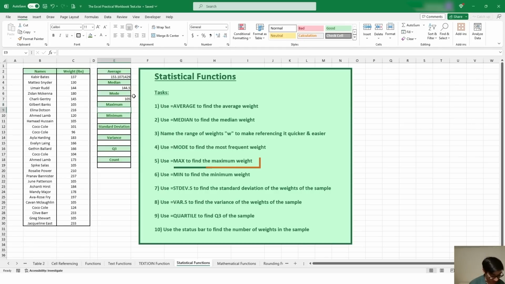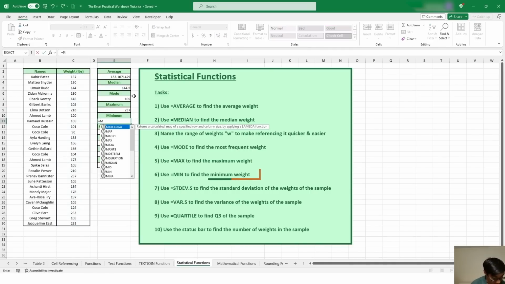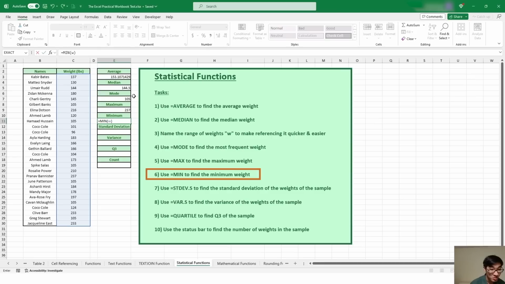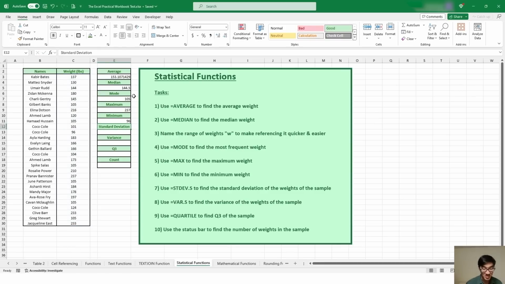I can do the same thing for the maximum by typing equals max parentheses W, close it off, press enter. Much faster. Same thing for minimum, I'll type equals min W, close it off, press enter. Very, very fast. And for the standard deviation, you can use the function